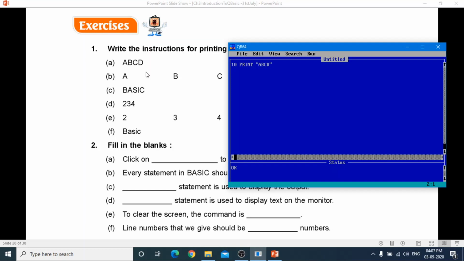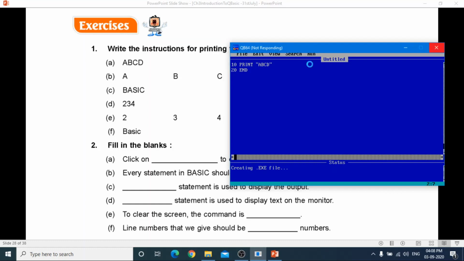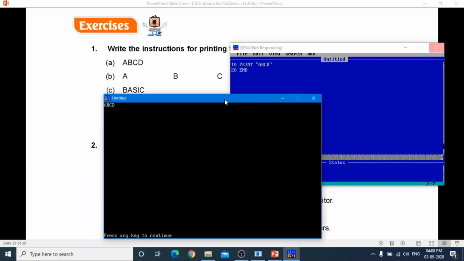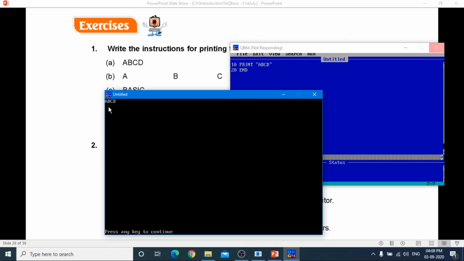In next line 20 and then end. Now run this. Go to run menu and click on start. Okay, you got the output. Output is A, B, C, D.